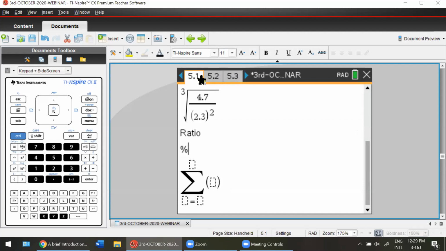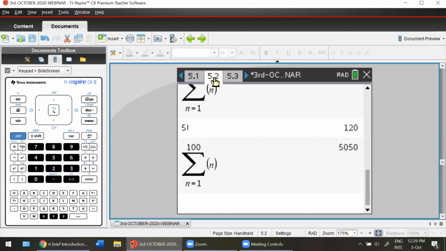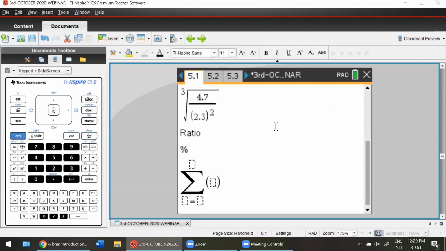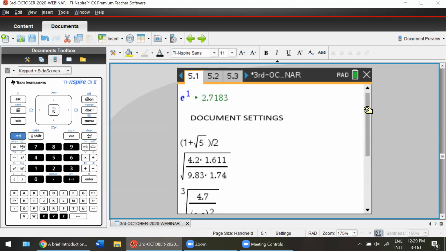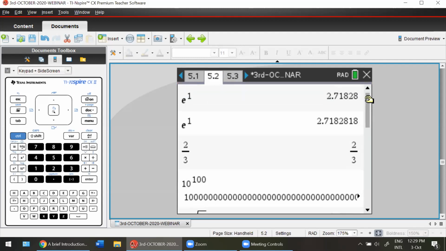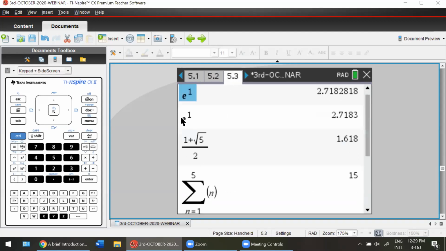5.1 is page 1, 5.2 is page 2, and 5.3 is page 3. Now, page 1, I had just kept for you to see the questions. For 5.2, when I was preparing the questions, I decided to work it out myself just to have definite answers so that I could make sure that you're right. And 5.3 is to work along with you. So basically, these are pages of the same problem. And how do you get a problem and a page is as follows.